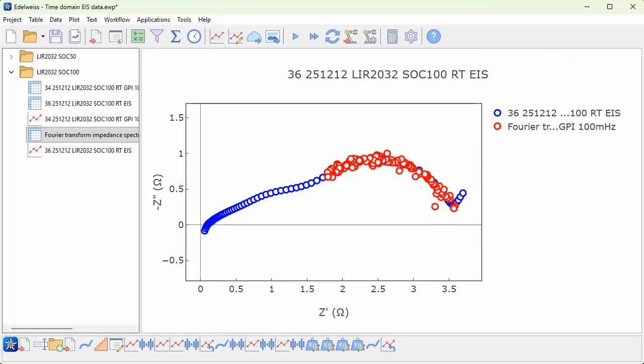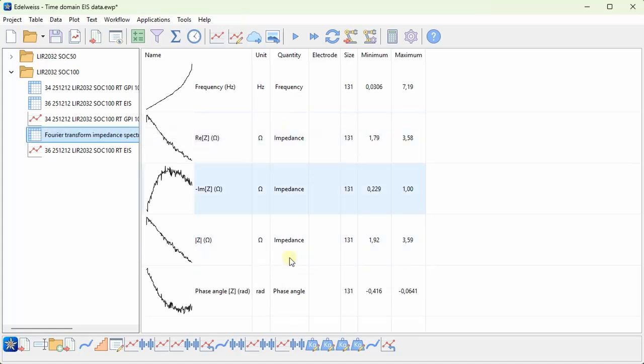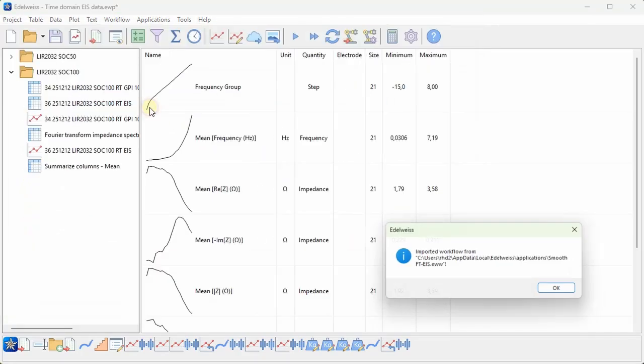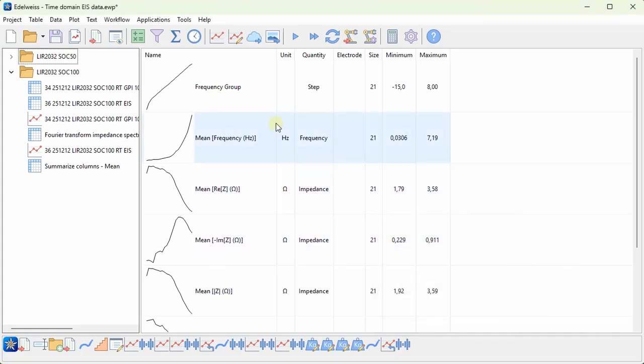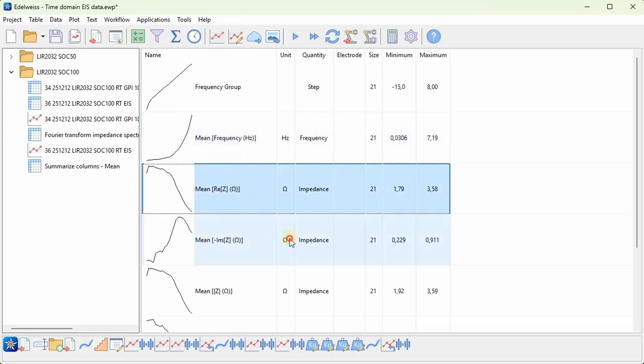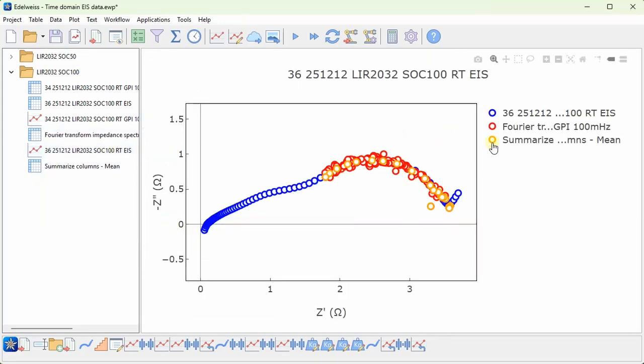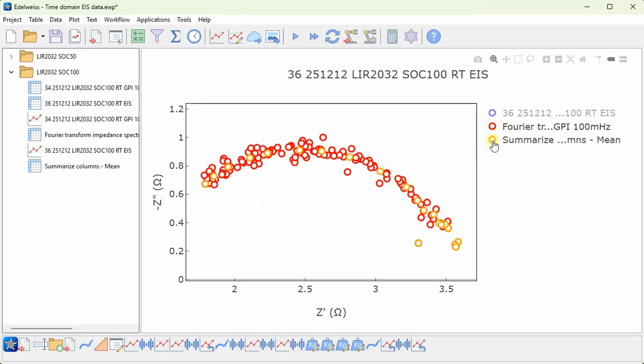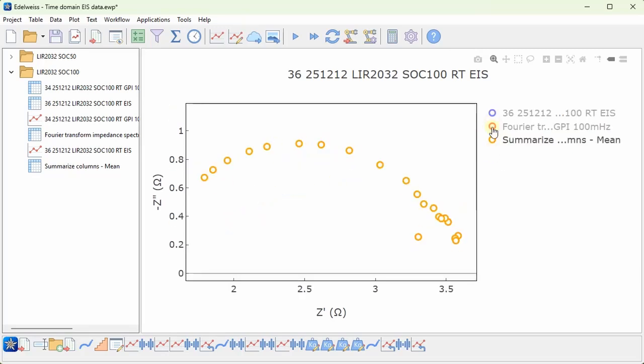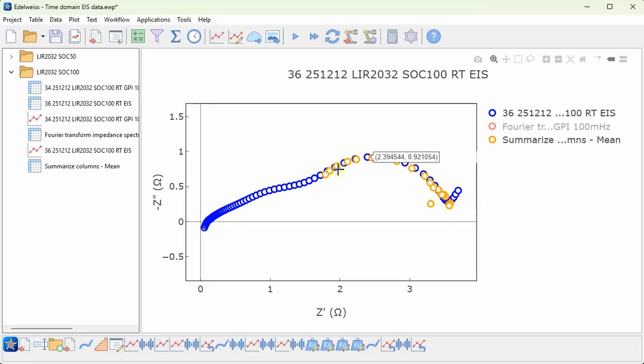And this has more to do with the fact that we get a lot more data points. So for a better comparison, we might want to smooth this. And I have actually created a little application as a workflow that we can import to smooth this data. So I'll choose import workflow. And I won't go in detail how this works, but it bins the data together to spread it out in frequency and get less noisy data. So if I add this, you might be able to see that we have a lot less noisy data, and this overlaps quite well with